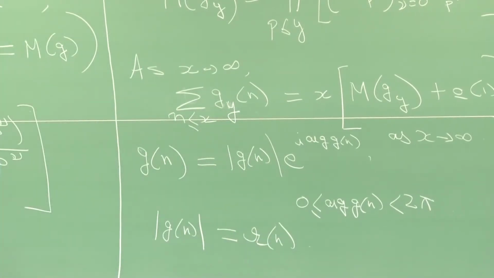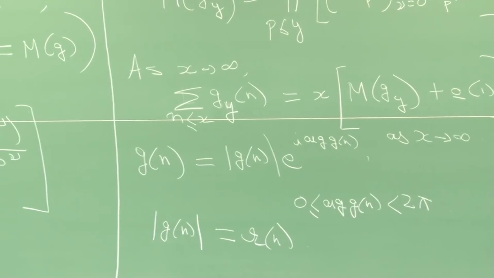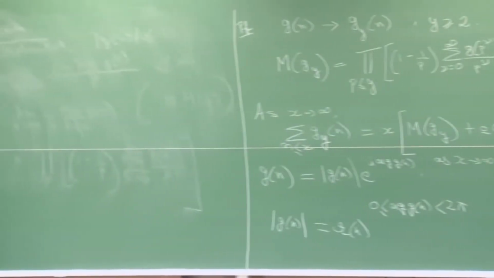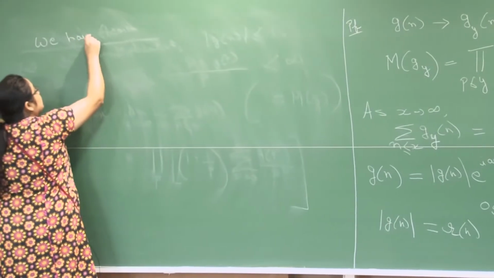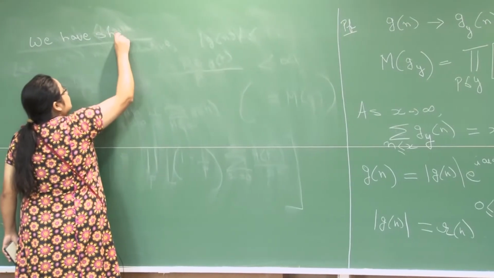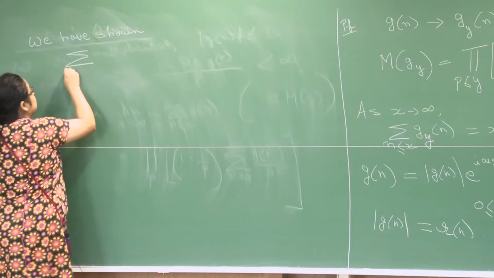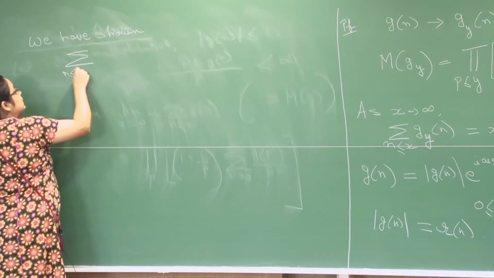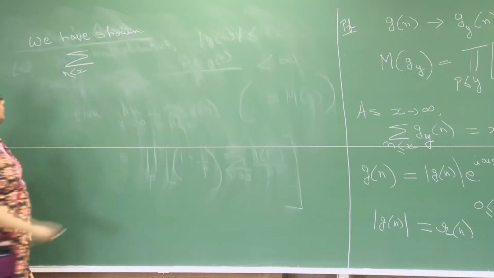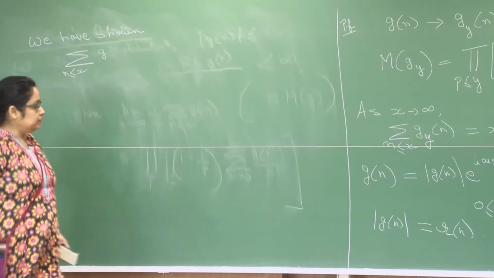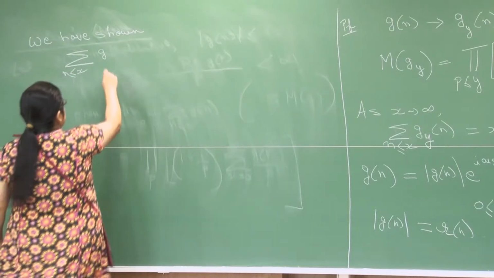Last time we showed that we have shown that the summation n less than or equal to x of g sub y of n